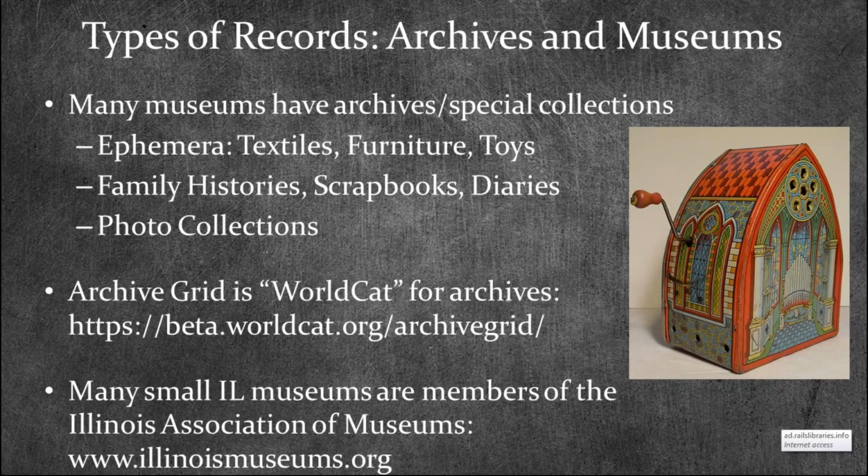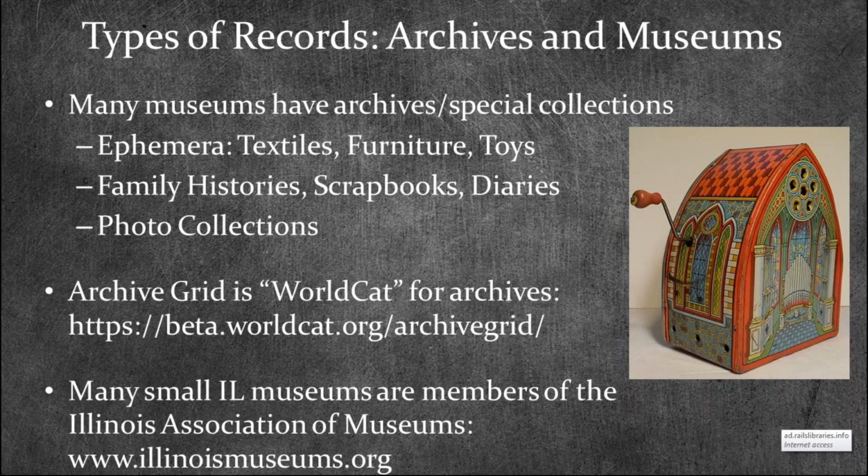But what I want you to keep in mind when you're visiting museums and when you're visiting archives, or when you're recommending that patrons go to these places, is that archives catalog on a completely different level than libraries do. So they'll catalog a collection, and they might put it in a box, or they might put it in a file folder, but they don't index every name in that file or in that box. What they'll do is create a collection description that'll give you the most popular subject headings or titles that you'll see, but they're not going to do what's called an every name index.